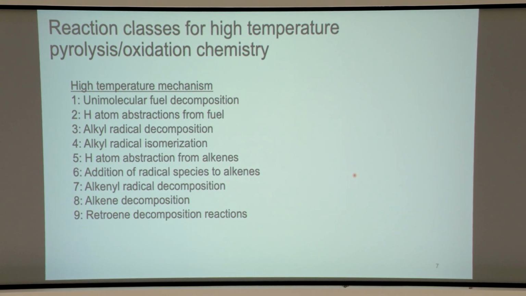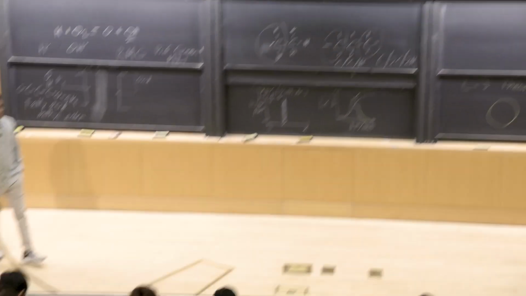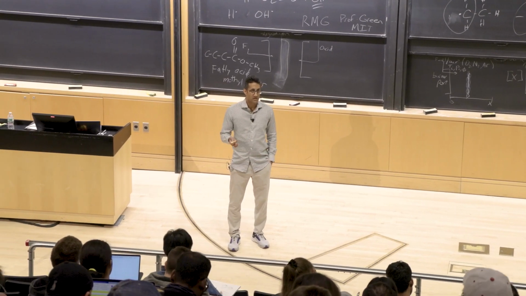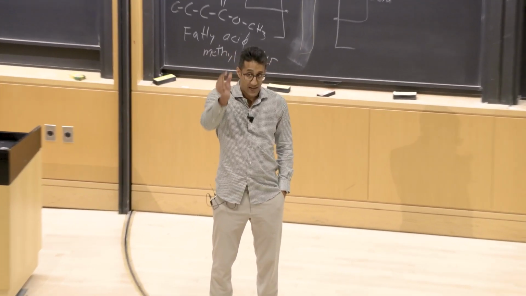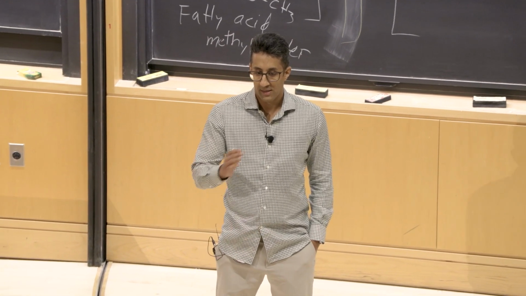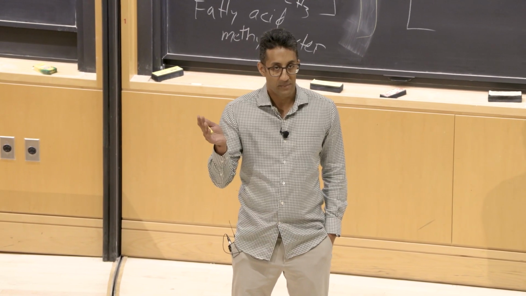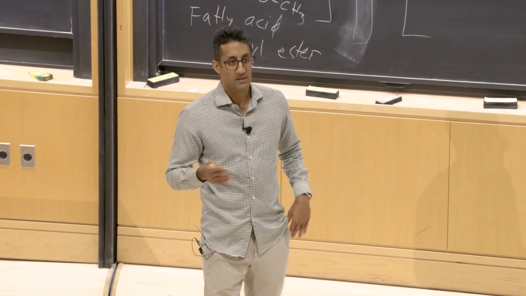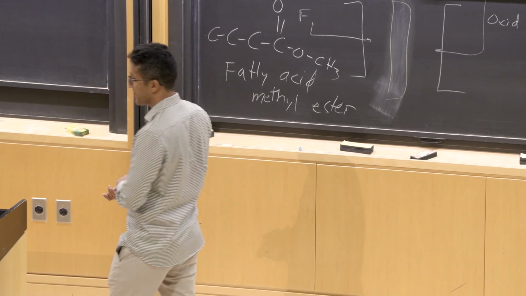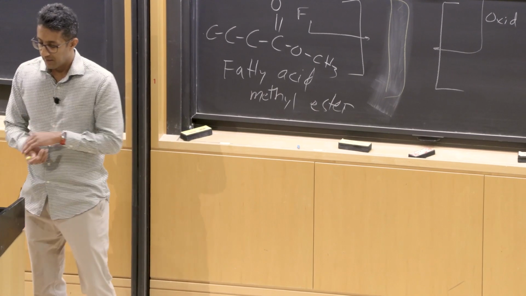So if I want to build a model to predict flame speed, it is a high temperature combustion phenomenon. The reactions are happening in a flame. The flame's temperature is around 2000 Kelvin. It's preheating the mixture before the flame to about 1000 Kelvin, and all the reactions start happening. So if you're trying to simulate flame speed, all you need are 9 different classes of reactions, and these are